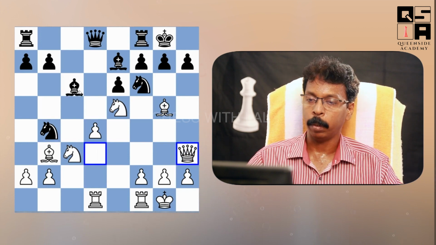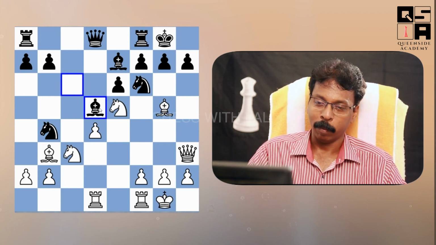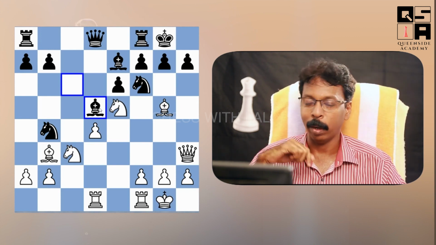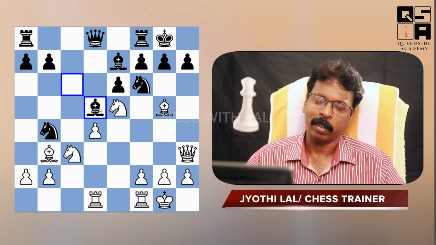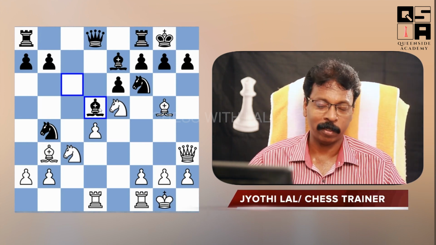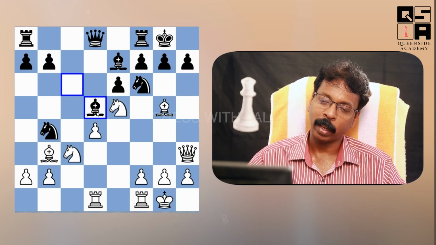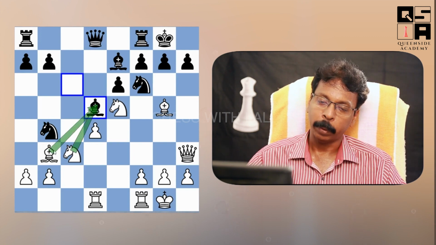Now bishop d5. The problem here for white is to take a decision regarding the exchange of bishop on d5. Well, black is proposing the exchange. This bishop exchange is unavoidable, but how should he exchange? Well, he has two options. He can take with the knight or he can take with the bishop. If you take with the bishop,